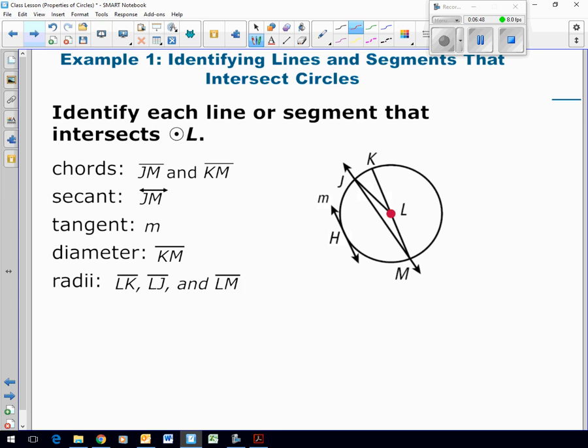Radius. Radii. This is the easy one, right? Y'all got to make sure you get this one down. L to K, L to J, L to M. All radius, right? The definition of the circle is the set of points that are equidistant from the center. We call those the radii. So if you go from the center of the circle to the rim of the circle, you got the radius,